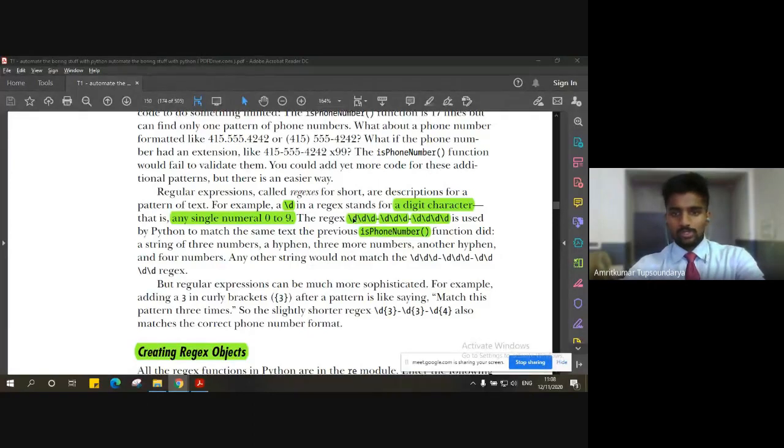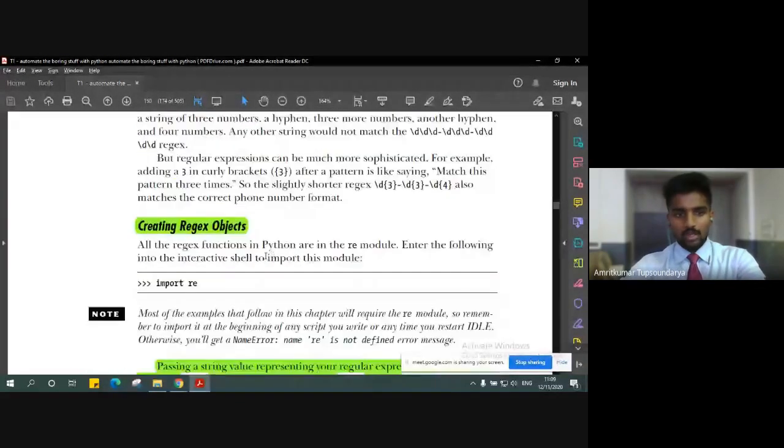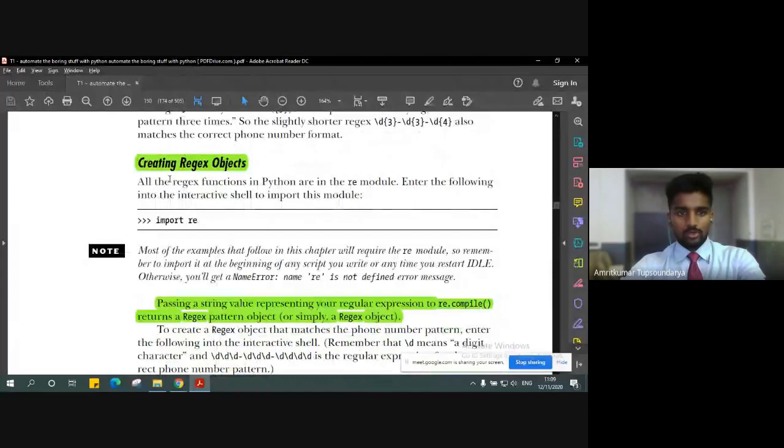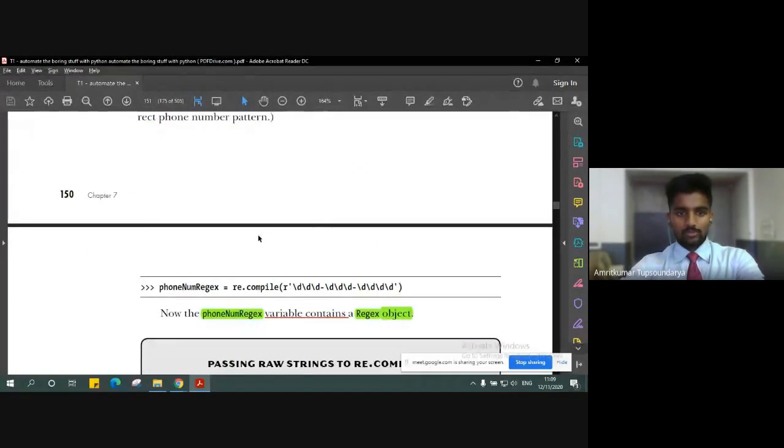One such example was the phone number, for which the regular expression is, as you can see here, \d\d in the format in which it was expected. We also saw how to create the object, because when we match a regular expression, the method re.compile will return us an object, which is nothing but the match object.